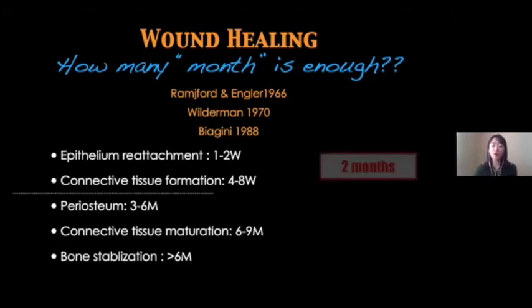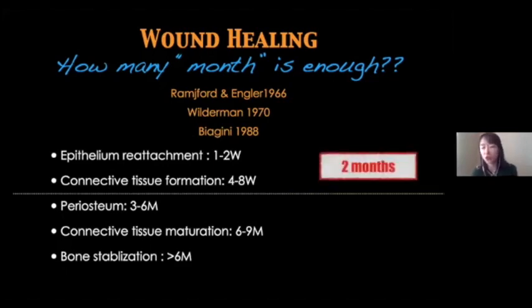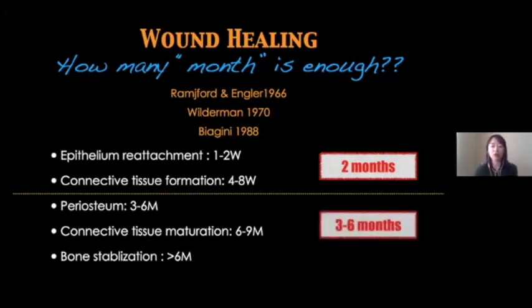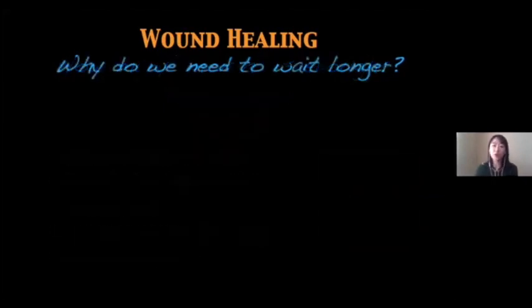So here we actually have 2 different phases of healing. One is early healing, which usually takes less than 2 months. Another is late healing, which is more mature healing and takes around 3 to 6 months. So the question is, why do we need to wait longer? Can we just do the final restoration once the epithelium attachment is healed, which is probably around 4 weeks? And the reason is we have this